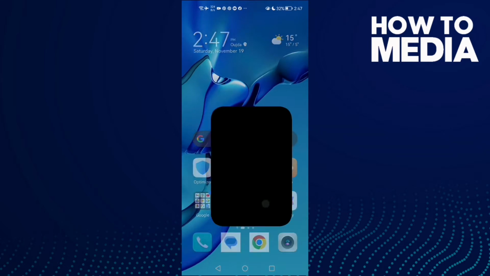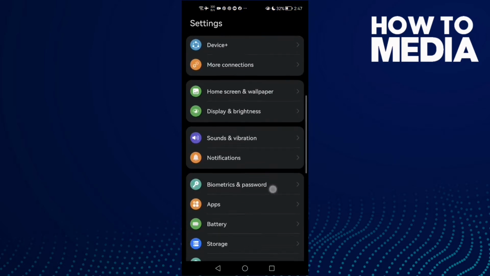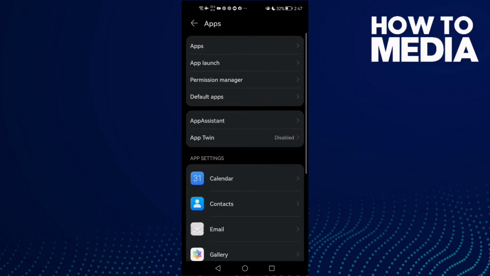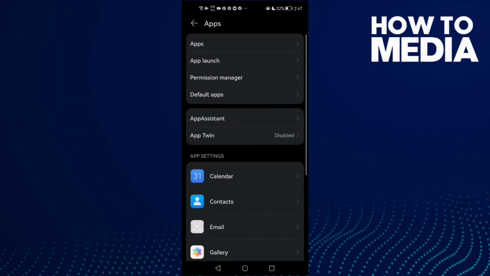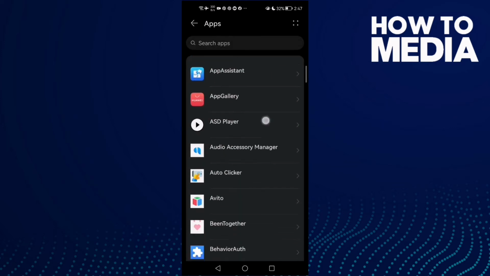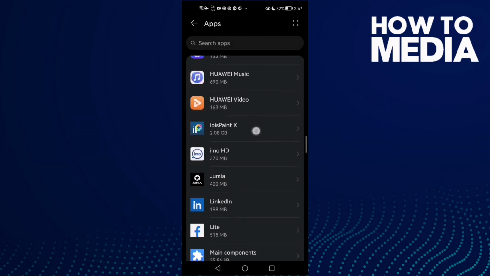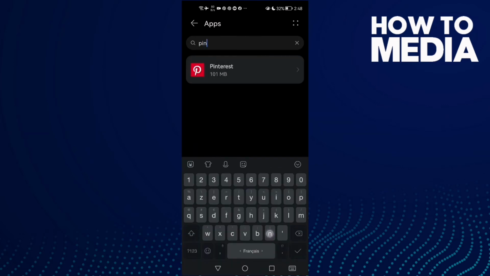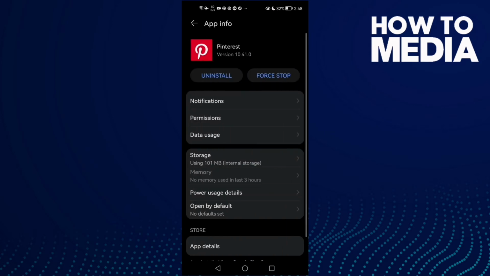First open settings, and then click here apps and then apps again, and here you will find all your installed apps. So all you need to do, just click here and type Pinterest and click on it, and here click force